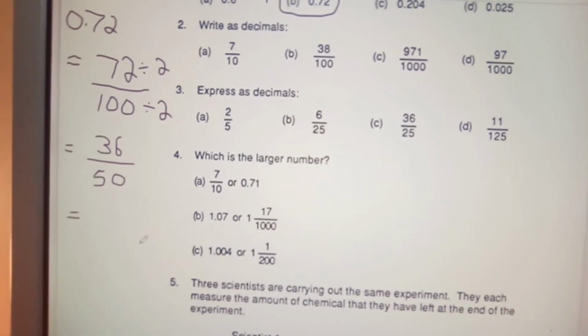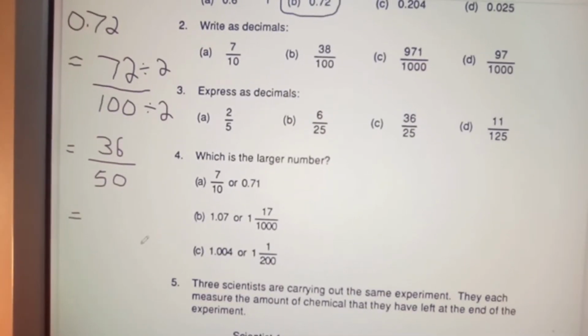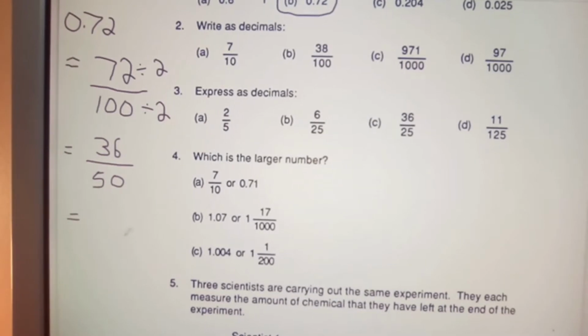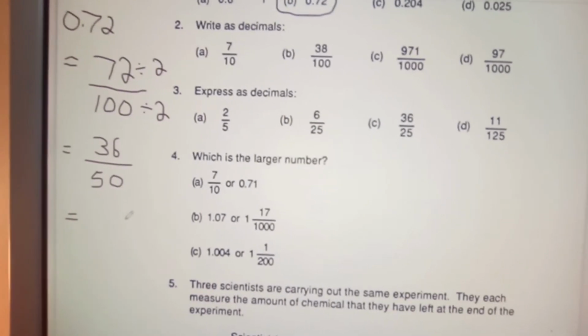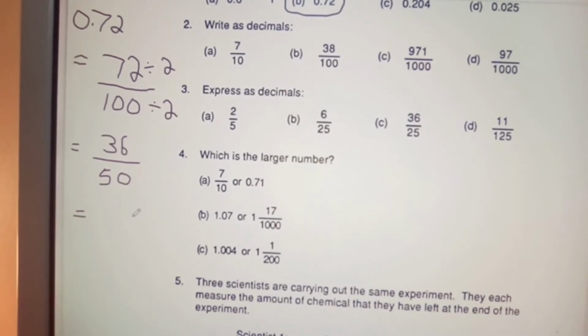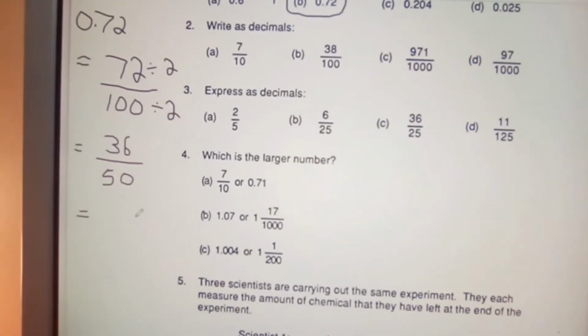Now, can we bring that down any lower? Is there a number that will go into 50? Will 36 divide by 2? Okay. So, if we divide 36 by 2 again,